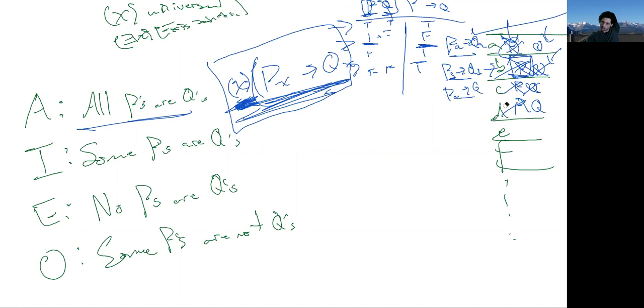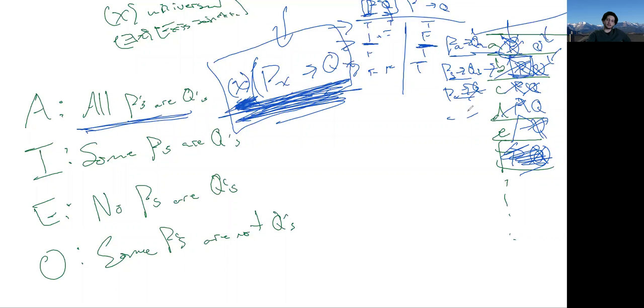Okay, so we're just going to go down the entire list, and the idea is, unless we hit a place where you do have P and you don't have Q, if there's nobody that looks like that, it's true. So to say that a universal statement like this is true is just to say that there is no place that you can find some P that doesn't have a Q. And think about how intuitive that is. You're saying all P's are Q's. You're going down the list and just saying, all right, you're okay, you're good, you're good. Oh, you're a P? All right, let me just make sure you're a Q.